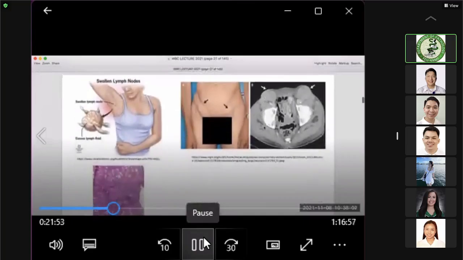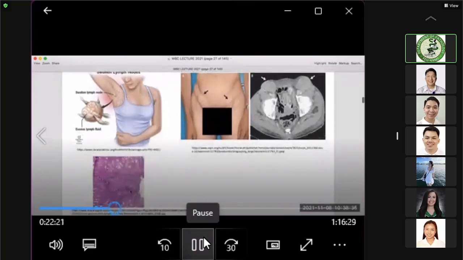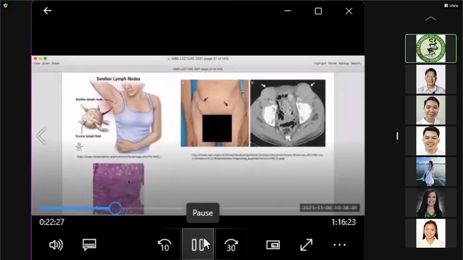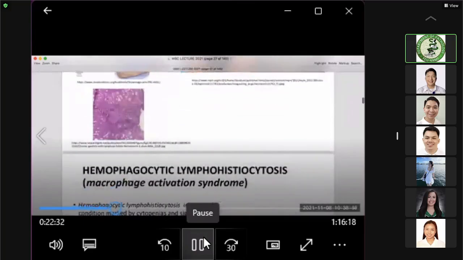Okay, so when we palpate the areas where the lymph nodes are, we can feel the presence of an enlarged lymph node in the different areas where they are supposed to be seen. Inside the body, of course, it can be visualized, for example, by doing a CT scan. So if there's a need to do a biopsy, we do that, and then we examine it underneath the microscope to see what's causing the lymphadenopathy, or the enlargement of the lymph node.